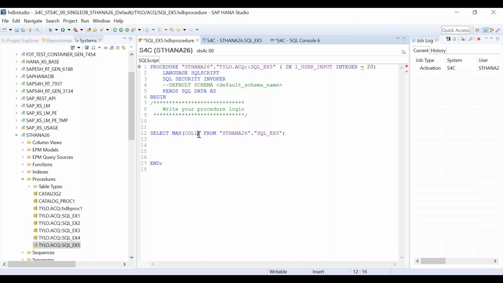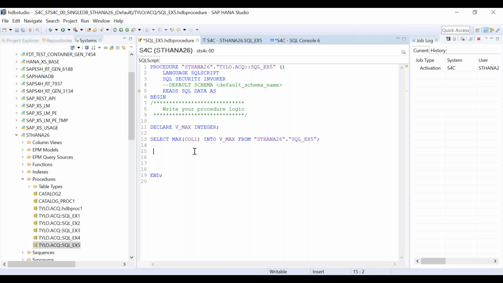And I will take this value into a variable, so that variable we have to declare: declare v underscore max of type integer, and I will put this value into this variable. Any problem till that point? What I'm doing is taking the maximum value from this table and storing it into a variable v underscore max. Very simple. Now let's see what is the value, so let's take out this thing.